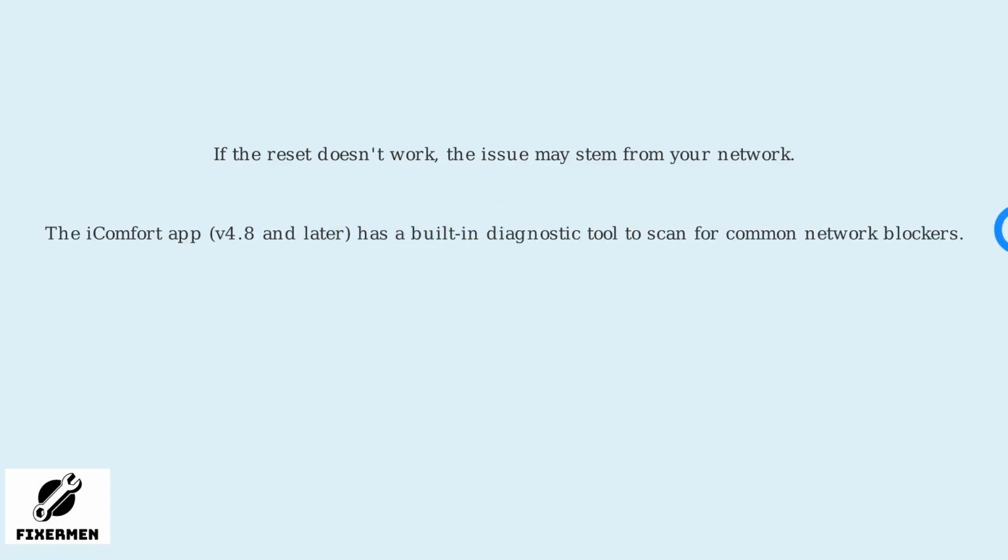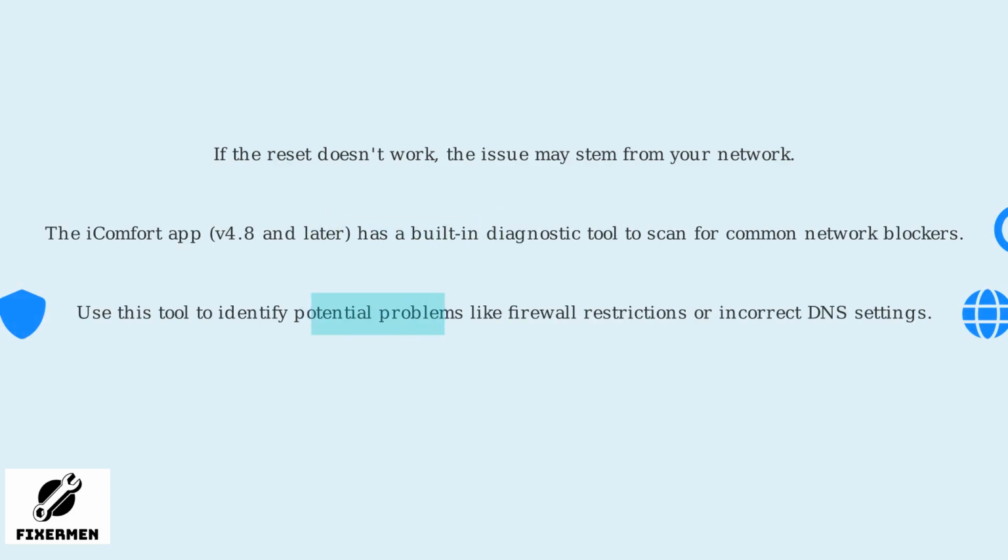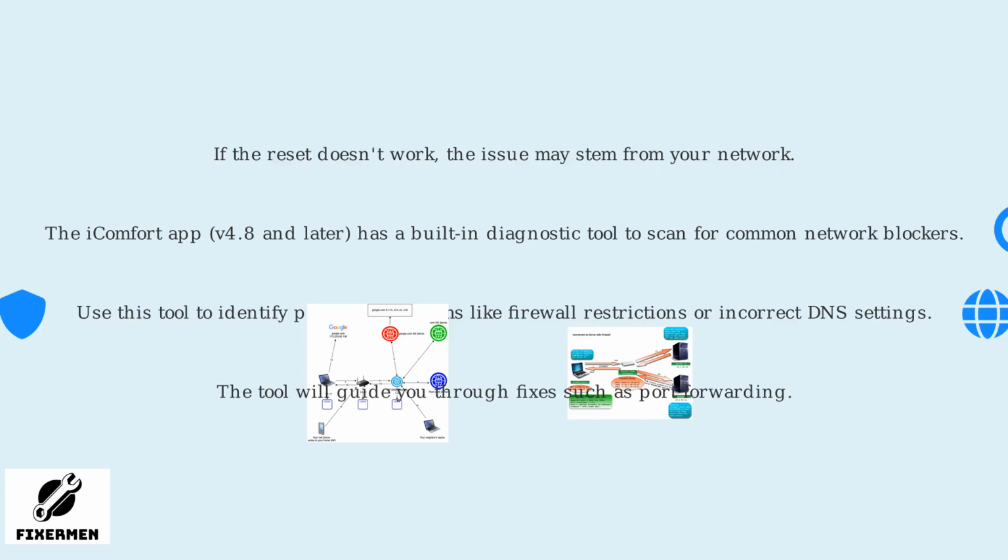The iComfort app version 4.8 and later includes a built-in diagnostic tool that scans for common network blockers. This tool helps identify problems like firewall restrictions that might block connections or incorrect DNS settings that prevent proper server communication. The diagnostic tool will guide you through fixes, such as configuring port forwarding on your router to allow the